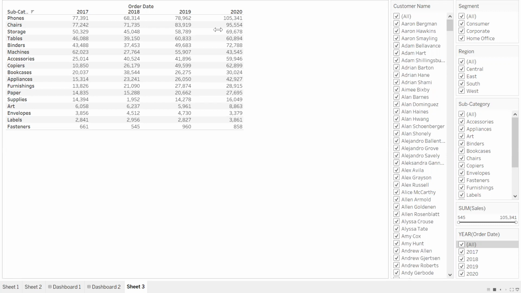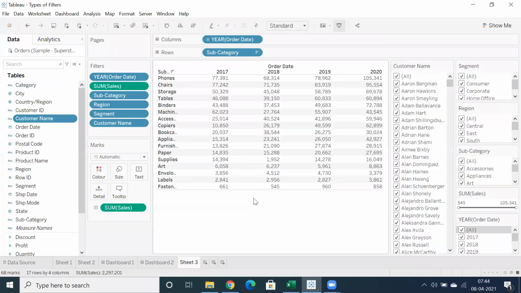But when you look into this data, when you look into this report, there is at least a quarter of the space we are wasting for filters. You understand, right? So why should we waste this much space for the filters? Do not waste more space, because we may include multiple reports in the dashboard. This is a sheet, but in dashboard, if you're working on multiple sheets, you don't waste space for filters.